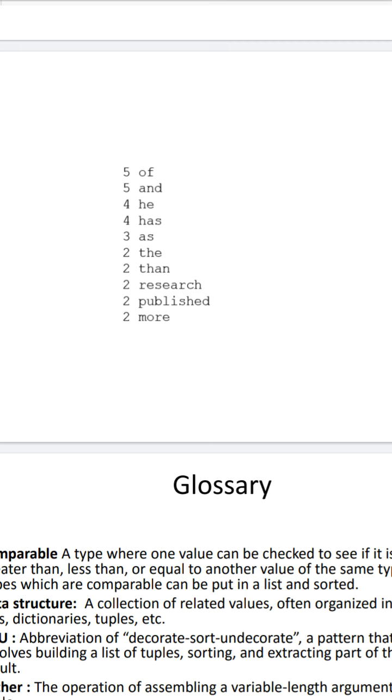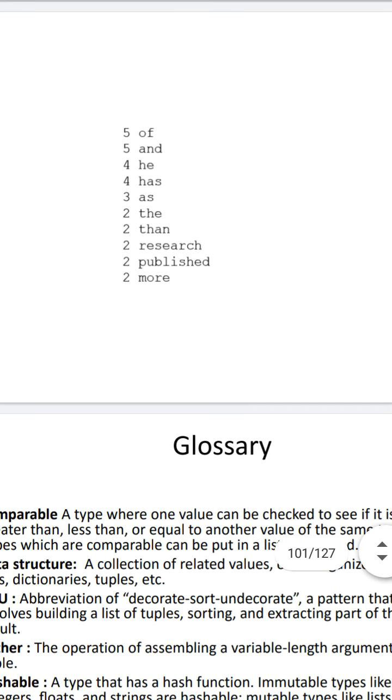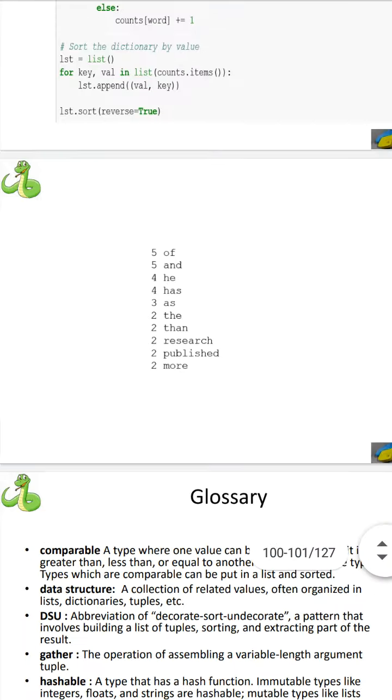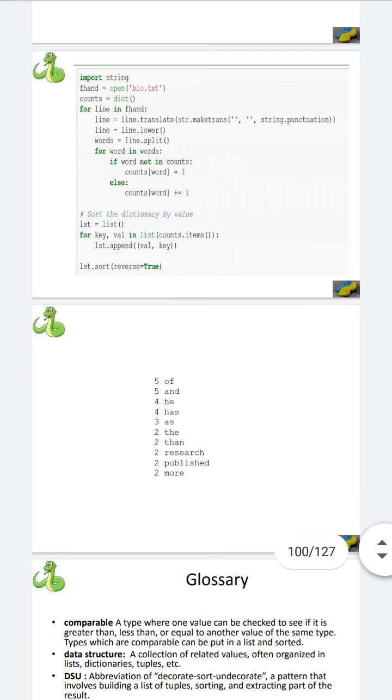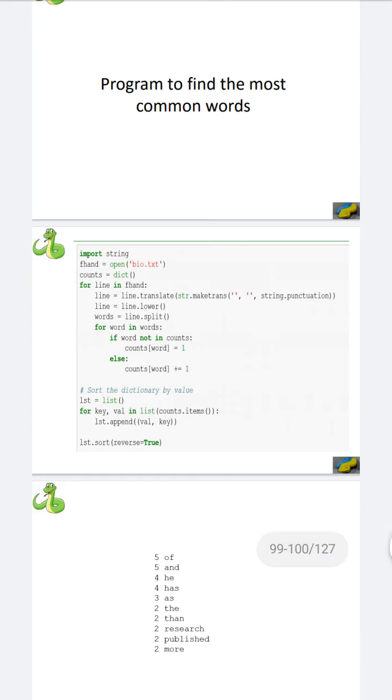Due to that, based on our word, we sort the values. So the, then, research, published and mode are sorted in descending order. I hope you have understood the functionality of this program as well as how we can find the most common words in a given file.